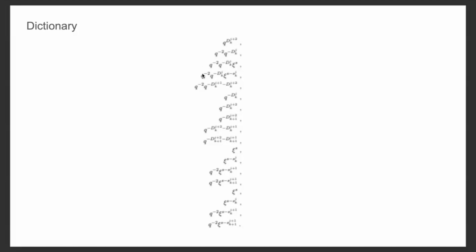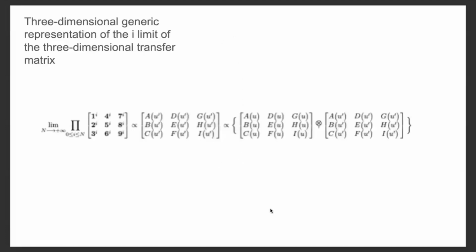So this allows us to try to make some sense of these different contributions and how they appear in the L operator and products of L operators, which will ultimately relate to different terms which enter within the set of 81 relations from the Poisson structure. And the three-dimensional generic representation of the K limit of the three-dimensional transfer